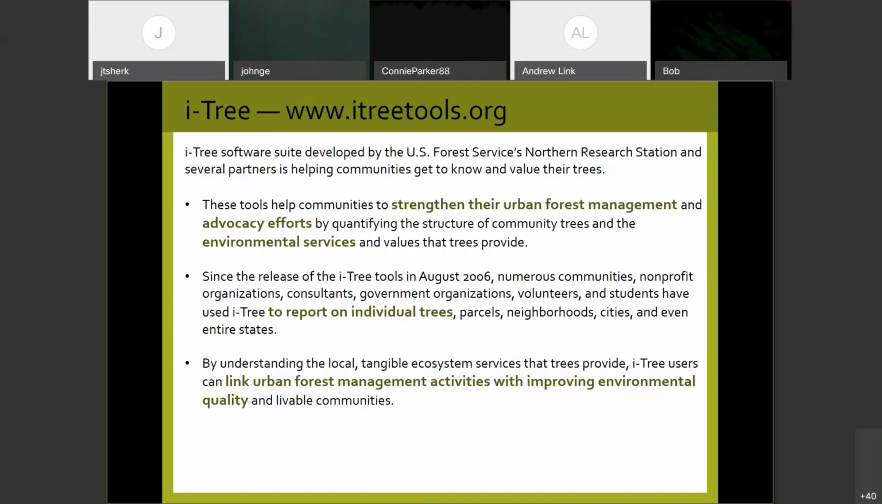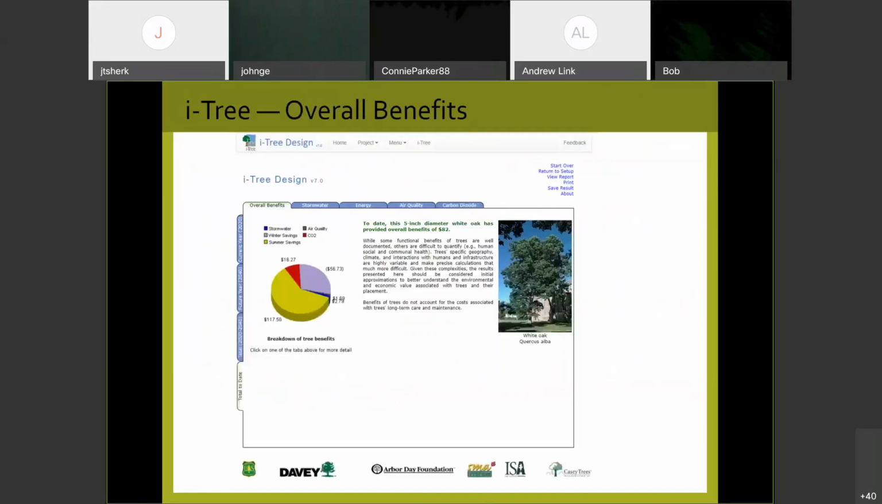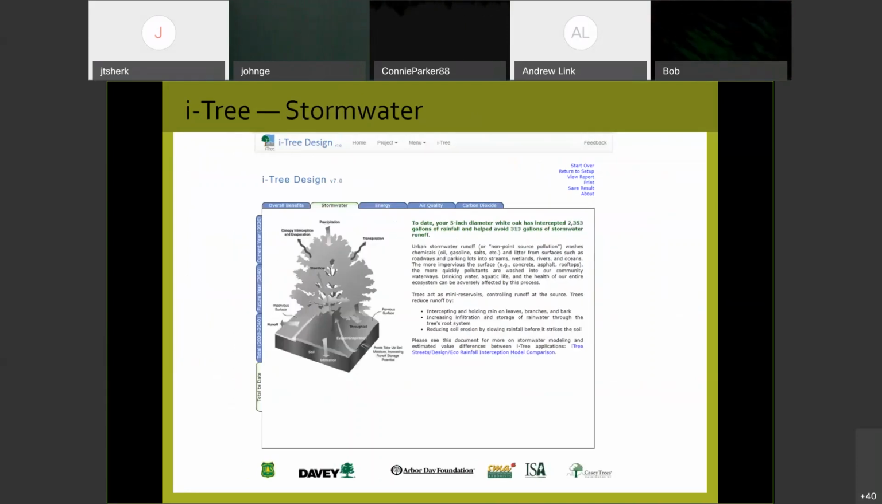from that western sun. I used iTree, and I just want to advocate for this as a metric that you can use for that tree. And I discovered that my little 5-inch caliber white oak has provided overall benefits. And you can see the tabs above, and you can see stormwater by itself. So this is a really cool tool to share with